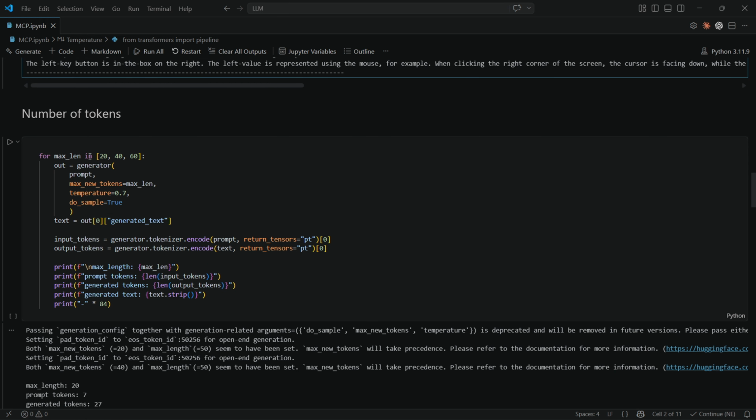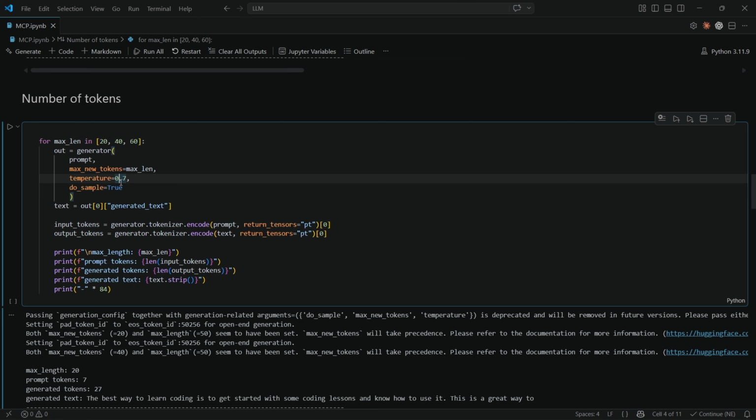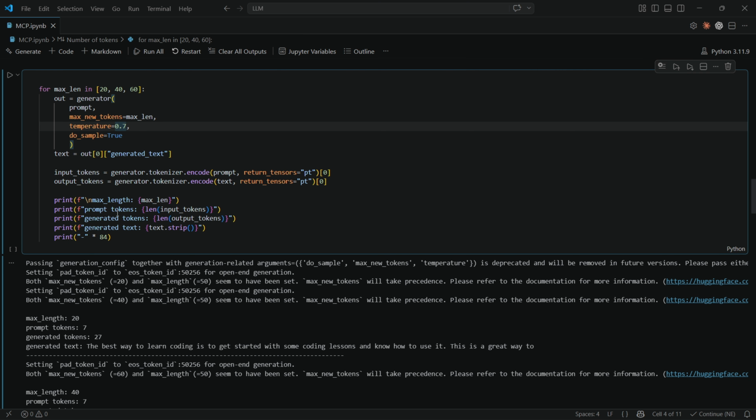And coming to the number of tokens, I have taken the max length in the for loop as 20, 40, 60. The code is the same, but we have changed the temperature to a fixed 0.7, which is the default basically. And I am tokenizing the input tokens and output tokens, and checking how many tokens there are for the prompt